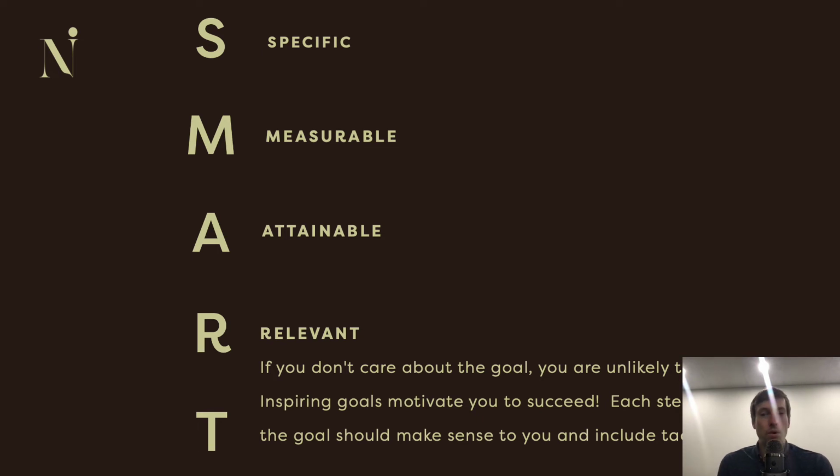Relevant. We want our goals to be relevant. So pick something that's important to you. Ask yourself, why am I setting this goal? Is it to make you feel better? Is it to reduce your anxiety? Is it to help you feel like you're more present? Will it help you be more organized? Whatever reason you're setting your goal is okay. But the goal should be relevant and it should help bring you towards a more ideal state of yourself. Make your goals relevant.